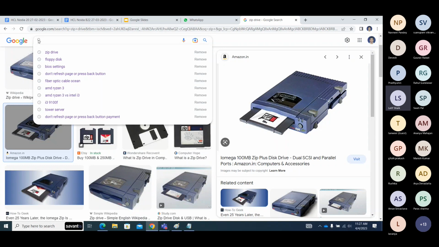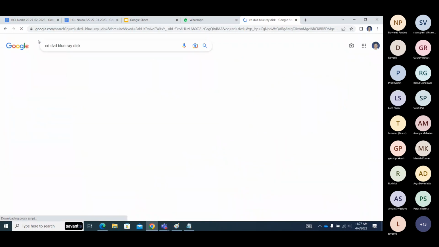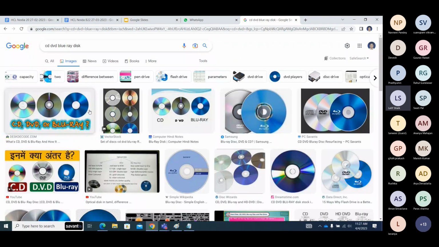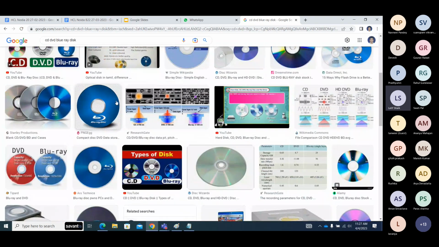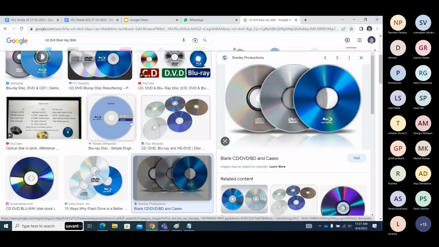CD-ROMs, DVDs, Blu-rays, all of this comes under optical drives. Optical means it uses light to read and write the data on the disk. Okay, so floppy disk,